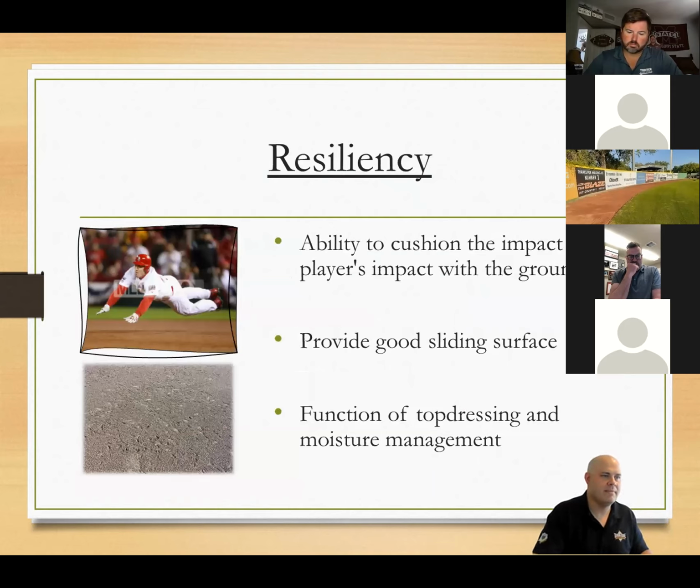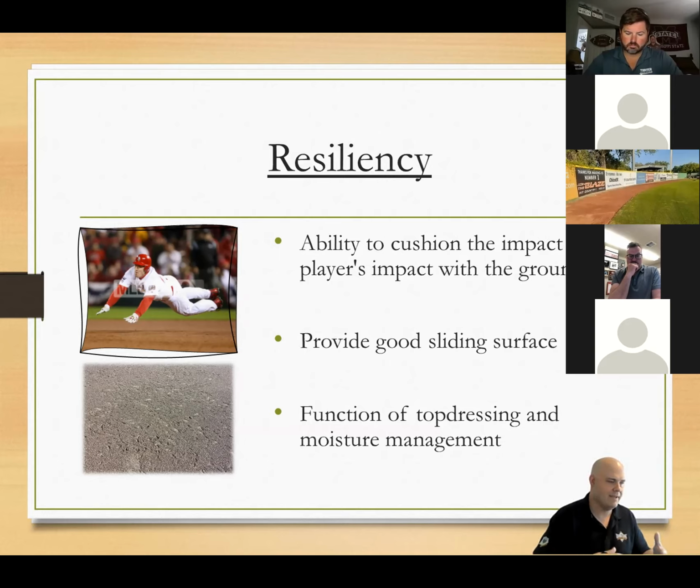We talked a little bit about resiliency here, but a lot of this has to do with how long these surfaces are going to be able to withstand the wear and tear. You know, there's a lot of wear at first base. There's a lot of wear at your position areas.